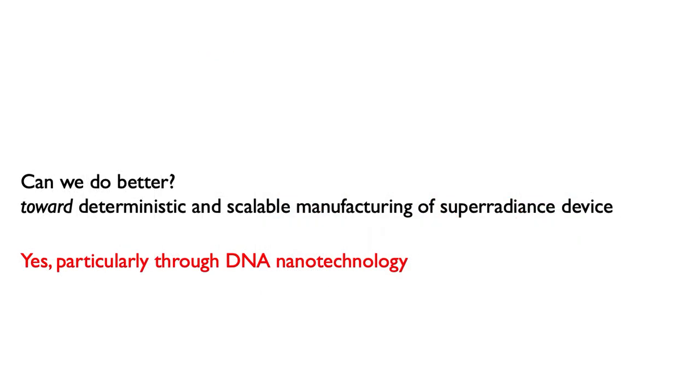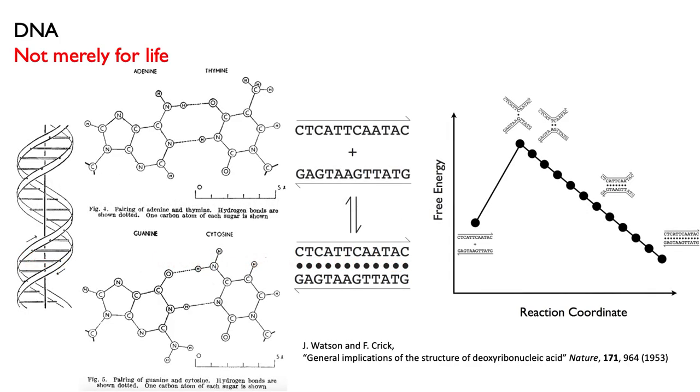Thus, the question becomes, can we do better, especially in making superradiance devices more practically viable? In this talk, I'd like to persuade you that it's actually possible by using DNA nanotechnology. Many of you here at the Korean Physical Society meeting will not be so familiar with these beautiful molecular structures of